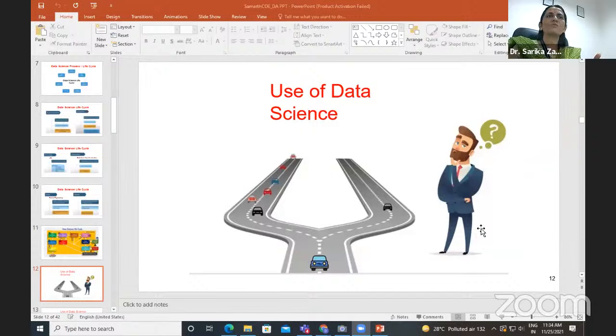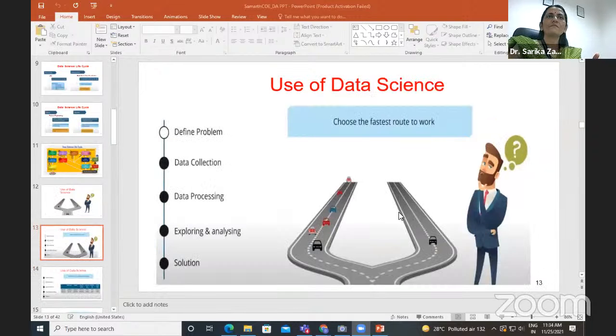Okay, so use of data science. So why use this data science? To use the fastest track, effective track, efficient track. That's it. See, why does anybody want to make use of it? To earn profit, isn't it? Why as a user am I going to use data science? Because I want the accurate and exact solution to my problem. That's why I'm using data science. Okay?